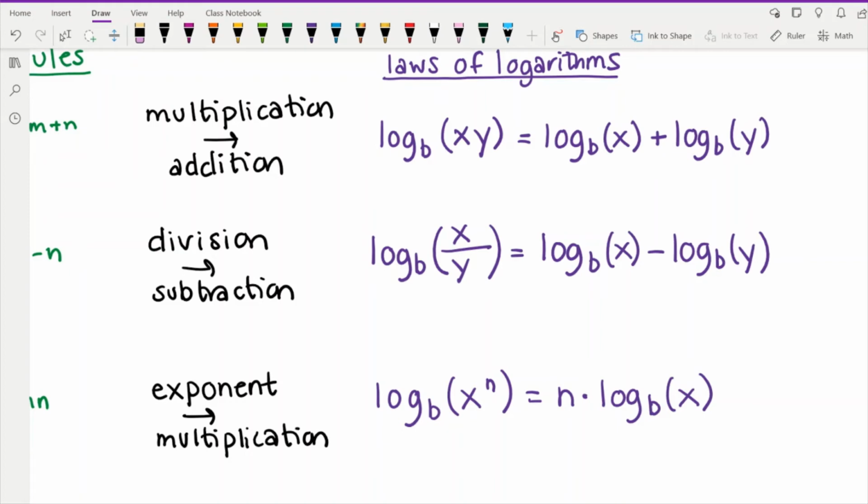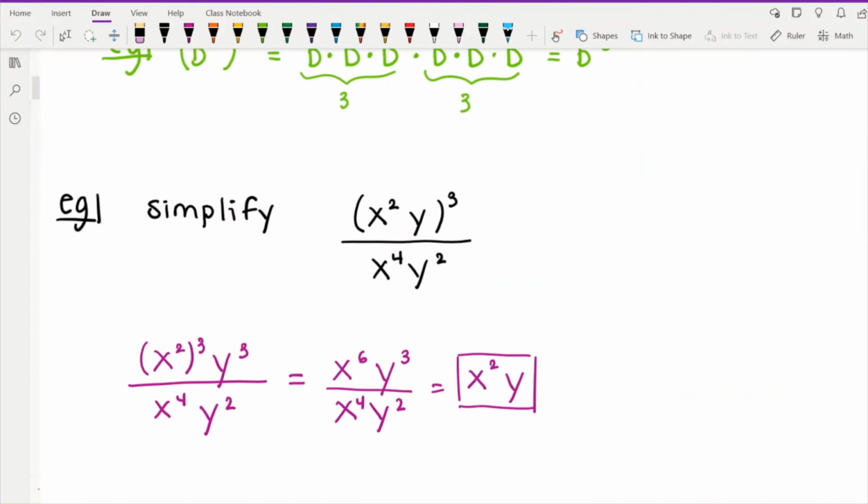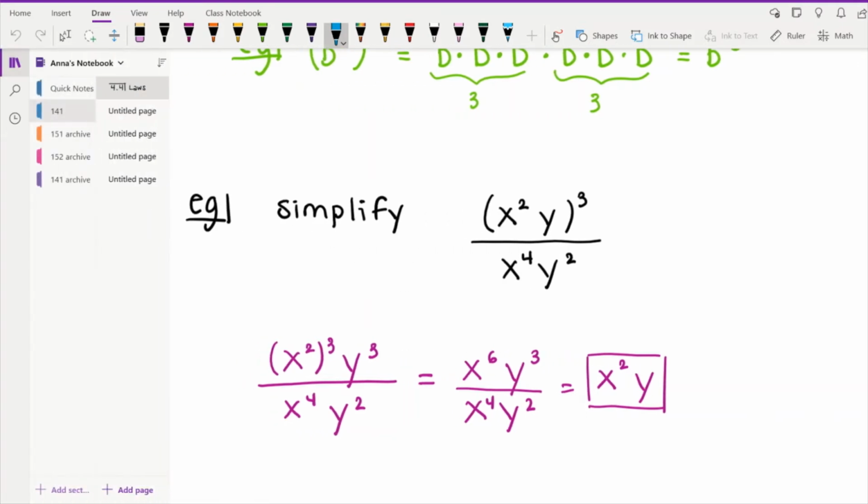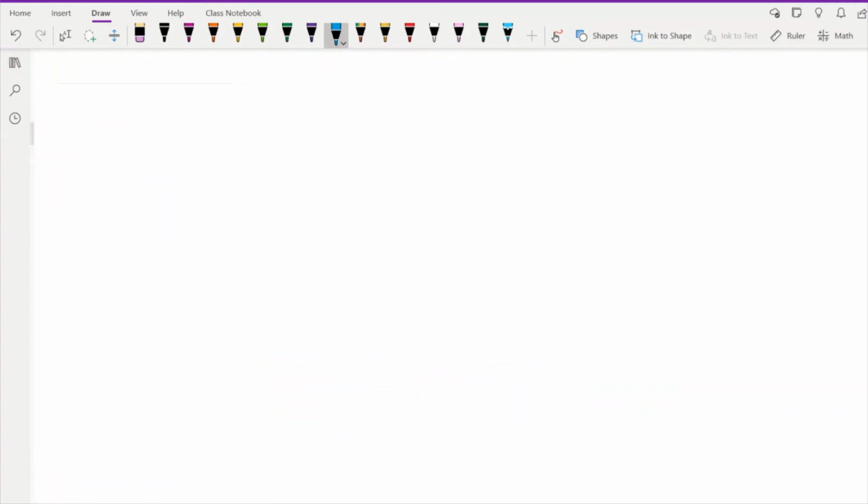Okay, so for the remainder of the video, we're now going to be doing some examples akin to this example here. At the beginning of the video, we did an example where we started with an exponential expression and we simplified it. And now we're going to do the same thing with different logarithmic expressions. So we're going to use logarithm rules, or laws,